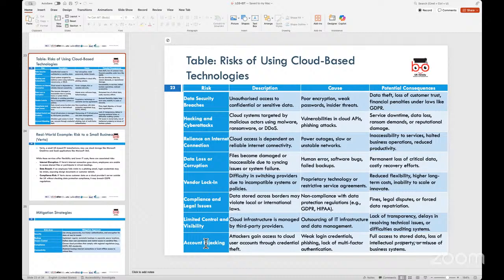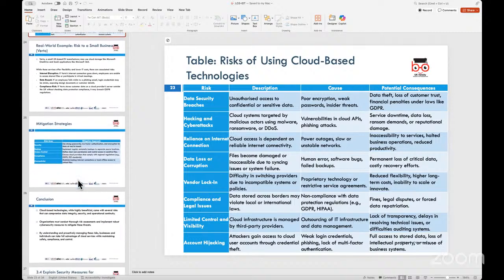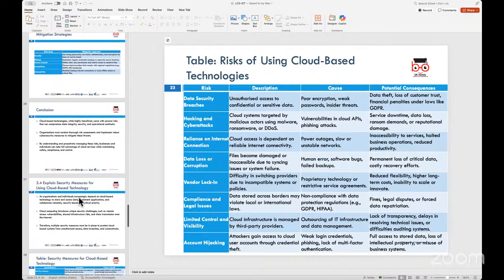And in such cases, it makes it easier to store data on the cloud. But sometimes, if there's a fire in the data center, or if the server goes down, or if the hard drive crashes, and there are no backups maintained, then in such cases also data loss can happen, and that would be one of the threats of storing data on cloud-based systems. Is that okay? Any questions on this?